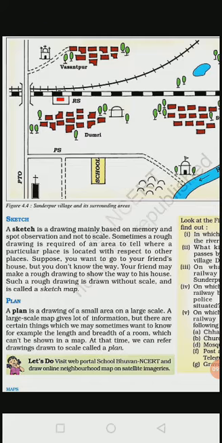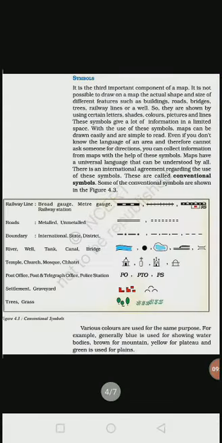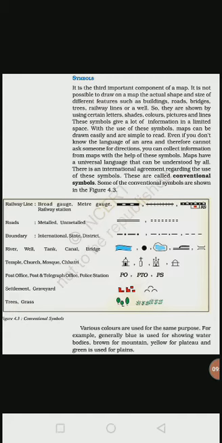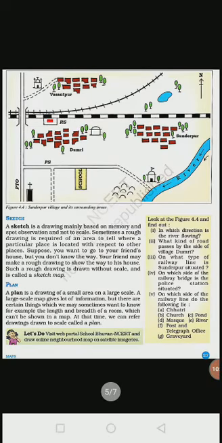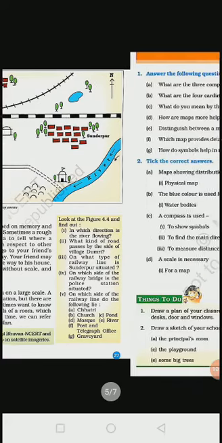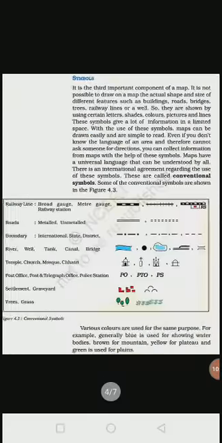See students, we have observed the Sundarpur village and its sketch. So in your notebook you should draw these different symbols. See, on your screen conventional symbols are there. So in your geography notebook you should draw these conventional symbols and a sketch of the Sundarpur village, and see all different types of symbols are used there. So try to read this lesson carefully and understand all these things.